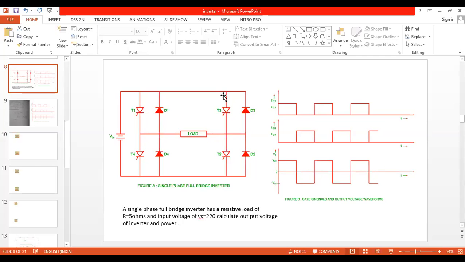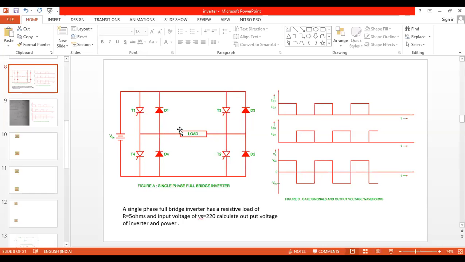But if somebody asks you how many types of inverters, every common person knows an inverter converts fixed DC to AC. But the power electronics subject says an inverter is a power electronic circuit which converts fixed DC power to variable AC power at different frequencies also. So remember the definition. If you say just DC to AC, it is a wrong answer. An inverter is a power electronic circuit which converts fixed DC power to variable AC power at different frequencies.